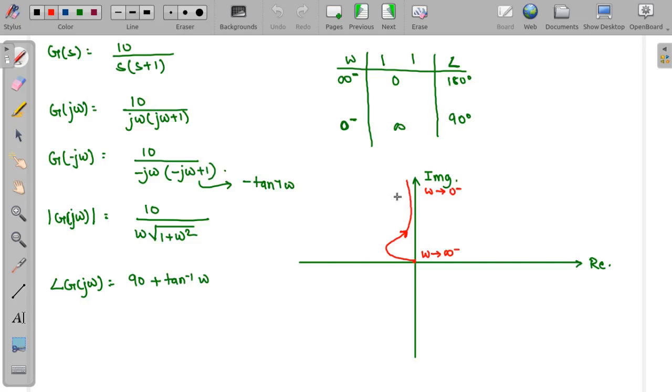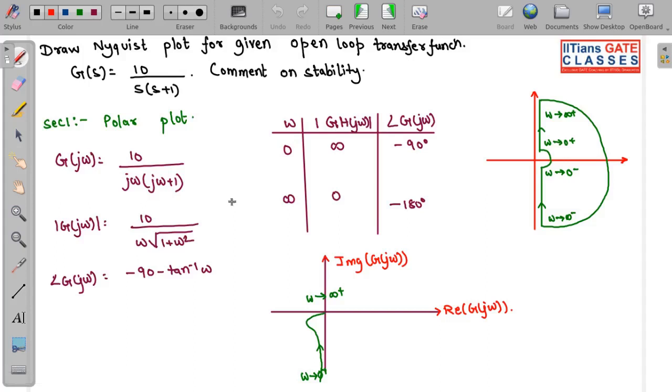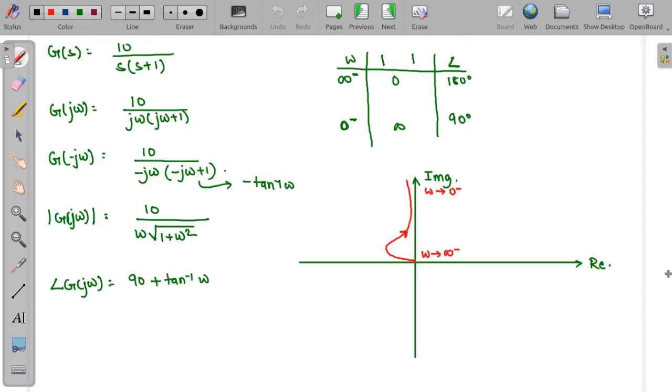Okay. So now the next contribution we are going to see is that of section 3. Now you can see basically this is a type 1 system. Let me tell you, the number of infinite magnitude half circles due to section 3 is equal to the type of system. So look over here.